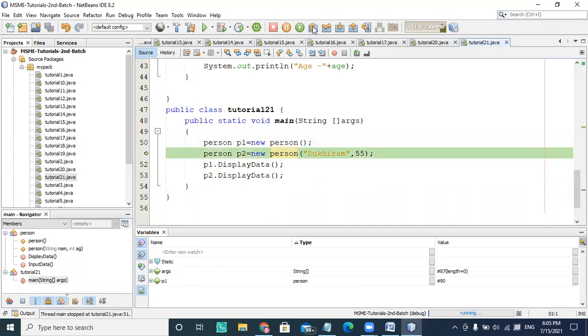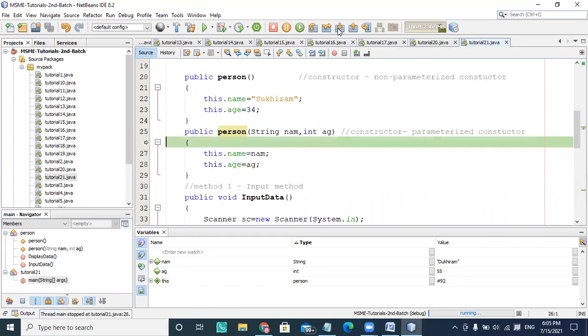In the second statement, this is a parameterized constructor. If you go inside that constructor, it goes directly to the second constructor definition. It skips the first definition because the call always takes place through the definition with the exact matching signature.